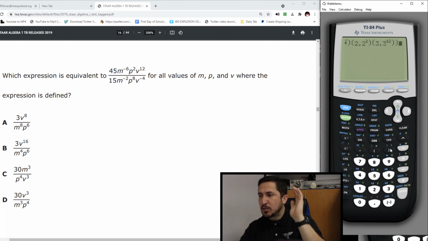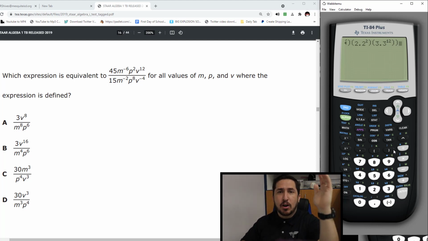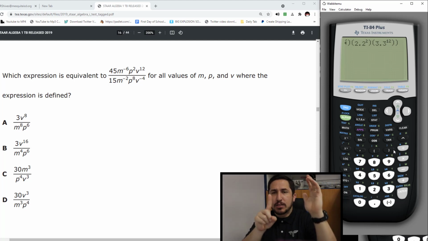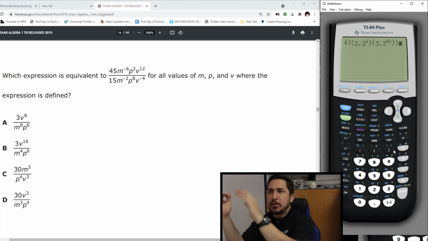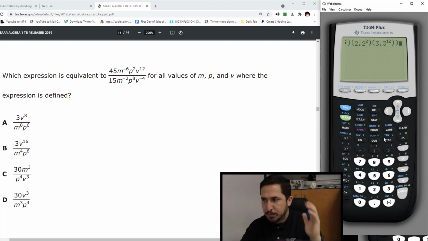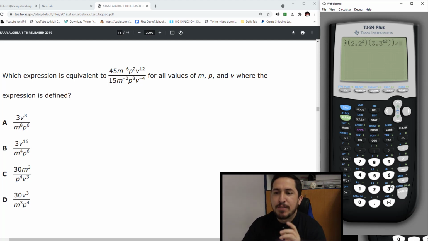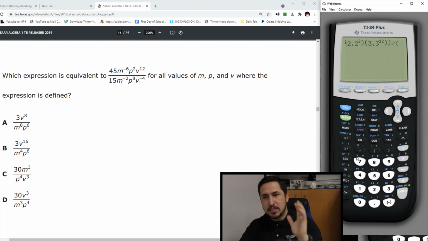And then it ends right there. So the top part starts, type in my stuff. Here's the first guy, 1.1 in his parentheses, 2.2 in his parentheses, 3.3 in his parentheses. But I've got to close that parenthesis to close the top part of the fraction. Now I hit the division button.